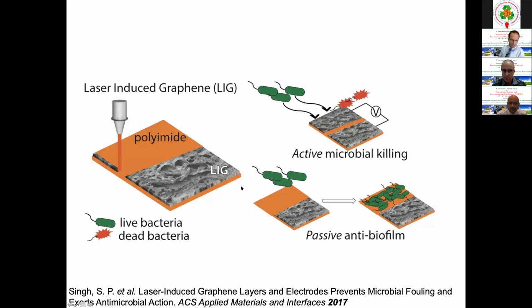And so actually, I'll also be showing some work that Professor Singh and I have done together. This is laser-induced graphene. We put it on a polyimide sheet, and we discovered that it is anti-fouling. You can see here that these bacteria, they don't really like to grow biofilm on the laser-induced graphene. But because of this electrical effect, you can put a voltage across the laser-induced graphene, and then you can actually get a bacteria killing effect. So we noticed that, okay, it's bacteria anti-fouling, and you can actively kill bacteria with it.